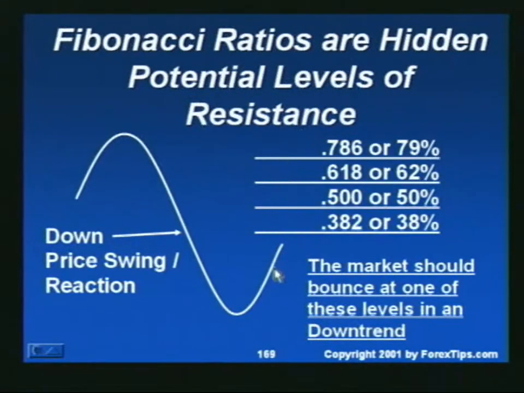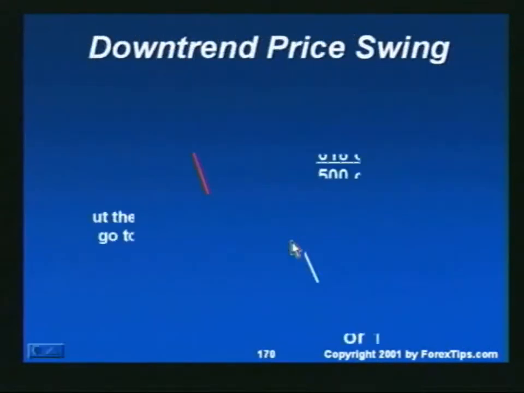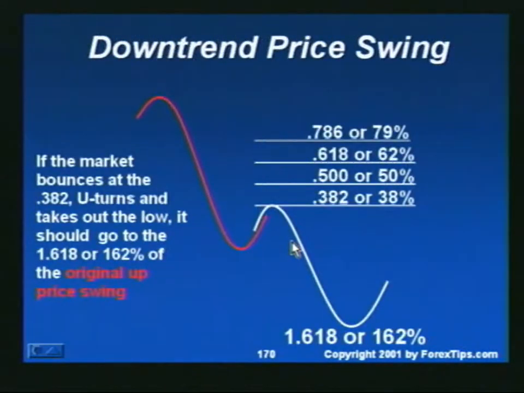Fibonacci ratios are hidden potential levels of resistance in a downtrend. As the market moves down, it should bounce at one of these Fibonacci ratio numbers. Now let's look at this downtrend. When the market